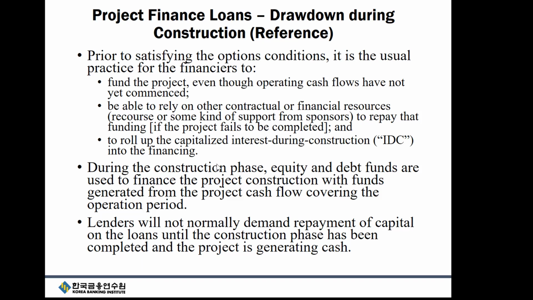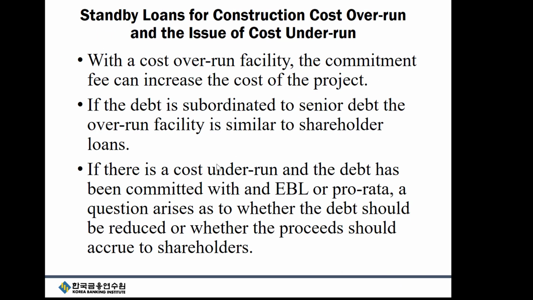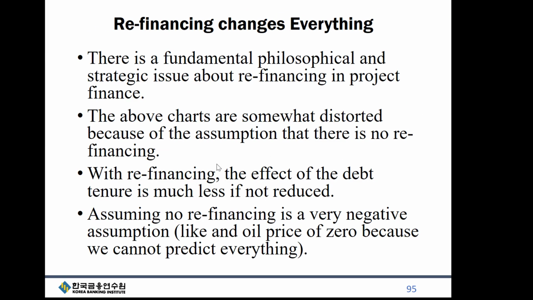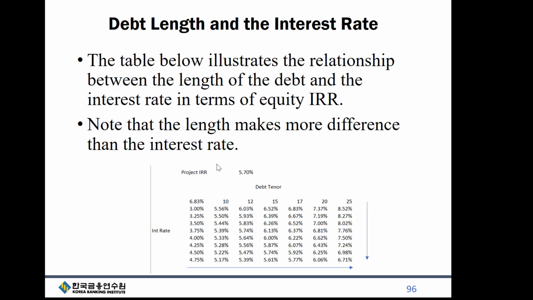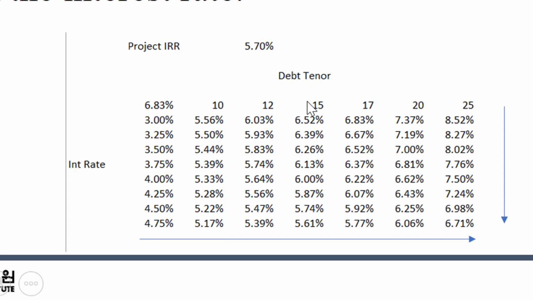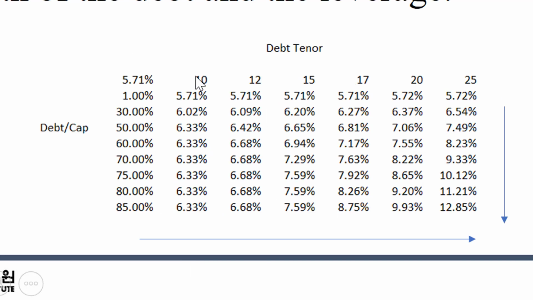And then I want to talk about this issue after we talk about funding. I'm sorry I'm going through it so fast. I'll come back. I'm going to talk about repayment. And it looks like the loan repayment is an enormous thing, because if we increase the loan repayment, the IRR goes up by a lot, and it goes up more than if you just change the interest rate. And here's the debt tenor versus the gearing, this has a big effect too. Oh, down here at least it has a big effect. So it looks like debt length has a really big effect, but that ignores